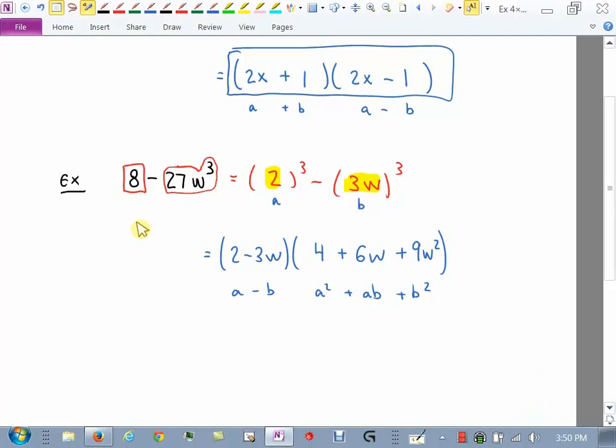Any questions on that? Difference of cubes? What if this had been a plus? The only thing that would have changed is this would have been a plus, and that would have been a minus. And the rest of everything stayed the same. All right, I think that this may be a sign that we're ready to move to another section and get out of this factoring for now.